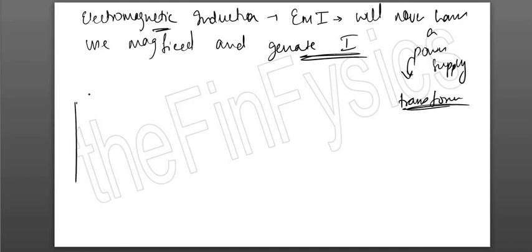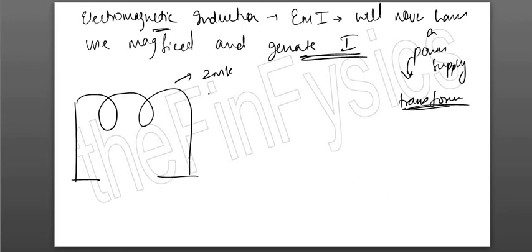Now what exactly happens in electromagnetic induction? We have a coil. Sometimes they tell you to draw the diagram for around 2 marks and then explain. Most of the kids draw a power supply over here. Remember, you are not going to make a power supply. You are generating current. So I need an instrument to find out whether current is moving or not. So I will use a galvanometer, or an ammeter, or I can have a bulb over here, and I have a magnet.